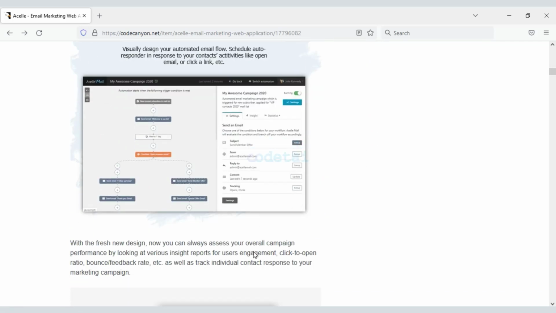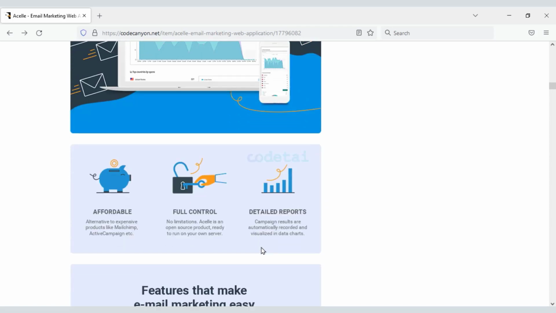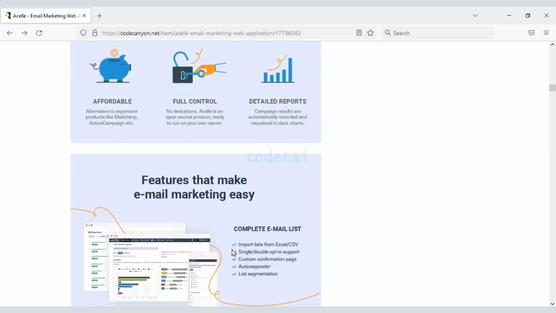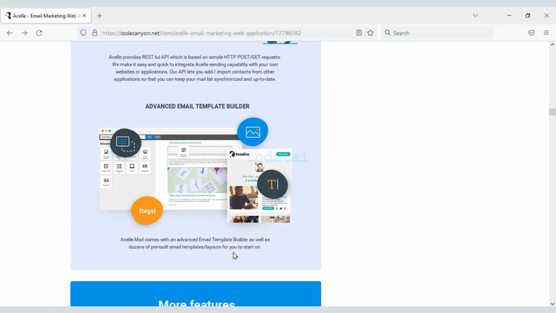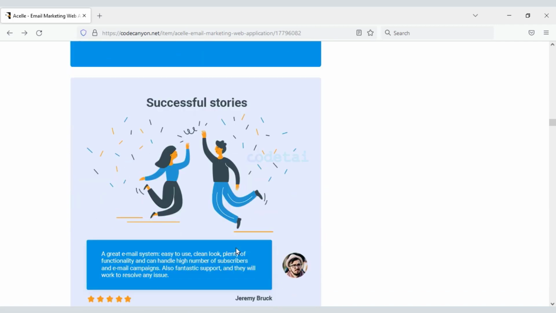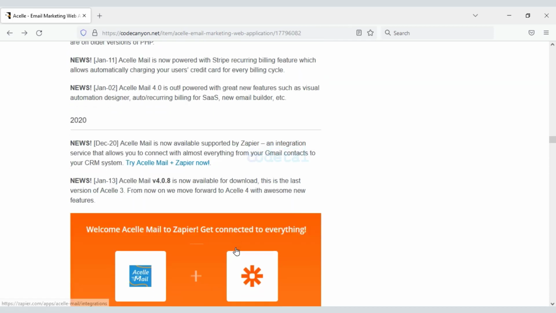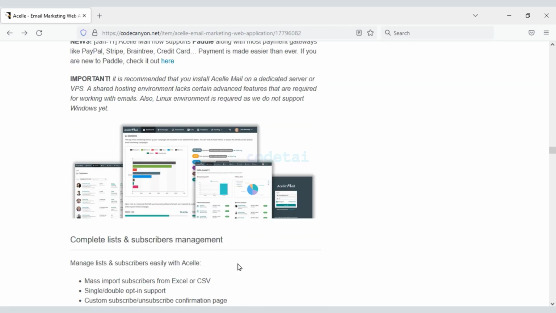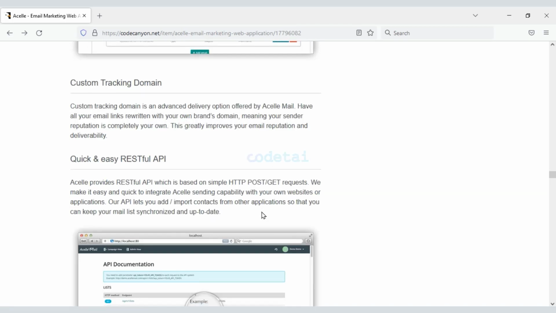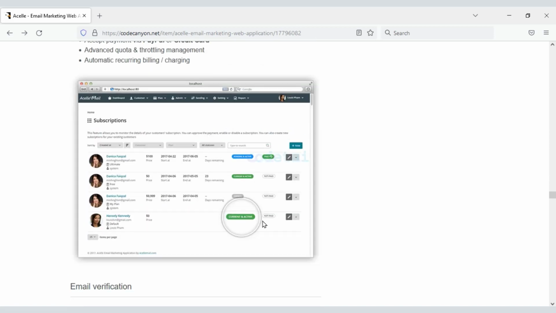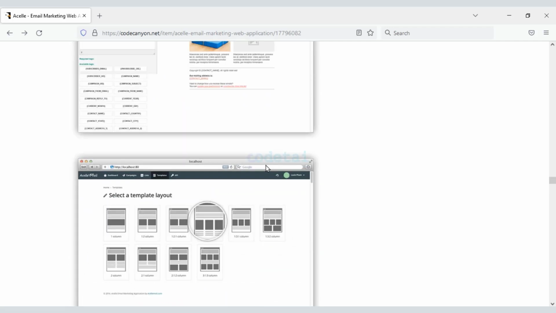You can create a professional email marketing web application website using this source code. Just buy this source code once and you can use it on the website for a lifetime. You also get lifetime update versions and lifetime developer support. You can send unlimited emails through this email web application. I am personally using this source code for my email marketing work, because I can send unlimited emails through it. You can also easily design beautiful email templates through this email web application.